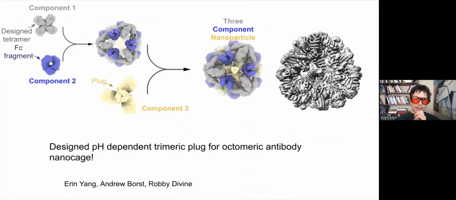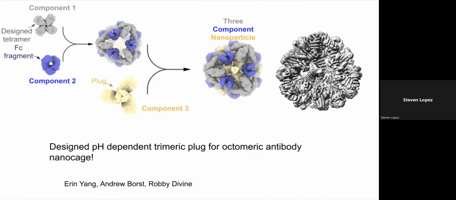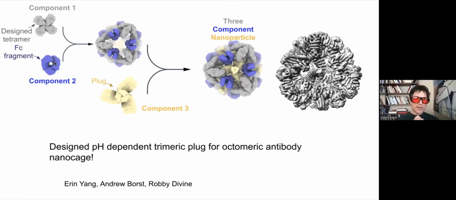I'll show you one example of a slightly more complicated assembly. This is one where we spent a long time trying to figure out the optimal way of assembly. So this is basically an octahedral nanoparticle made out of a C4 tetramer, and the C2 in this case is a naturally occurring protein. It's basically an antibody. When we mix these two together, they assemble to form an octahedral structure. Now, if you think about the symmetry, octahedral point group symmetry, here we have a C4 and a C2, but there's also a C3 axis, where, like in a cube, it would be the diagonal going through the